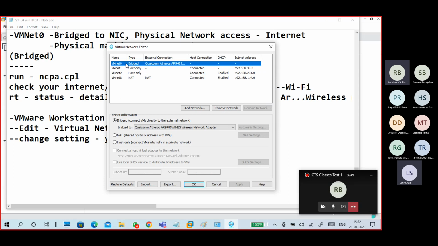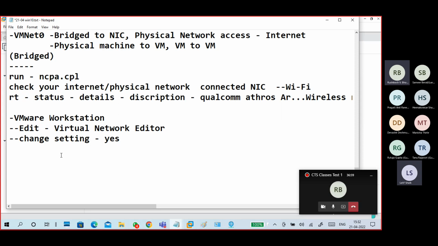You can see VMnet0. Okay, so click on VMnet0, bridged, automatic. For you, it shows like that. VMnet0, you can see bridged shows automatic.